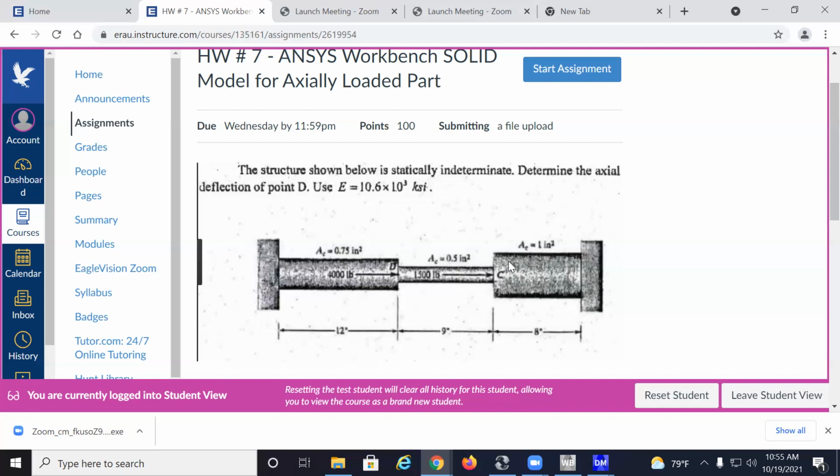When you're applying the fixed support, is it the edge or base or like? No, you